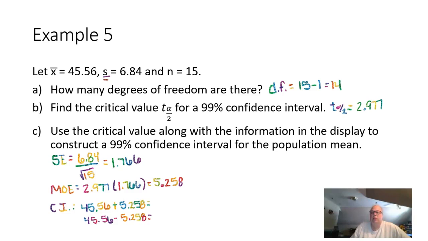Now, both of these answers, I'm going to round to 2 decimal places. And the reason I'm going to round them to 2 decimal places is because the mean right here is rounded to 2 decimal places. All right, so 45.56 plus that margin of error. This is giving me 50.82. This is the upper end. And then the lower end,